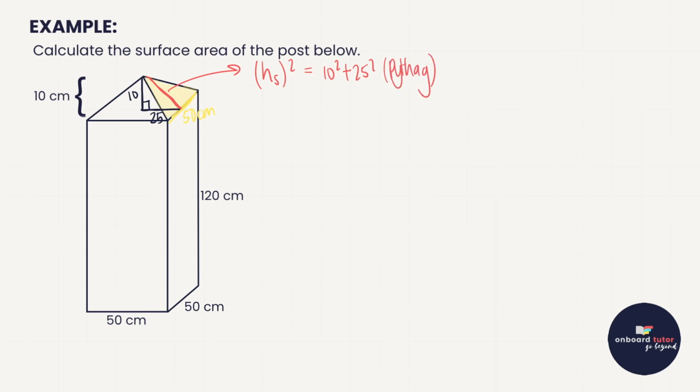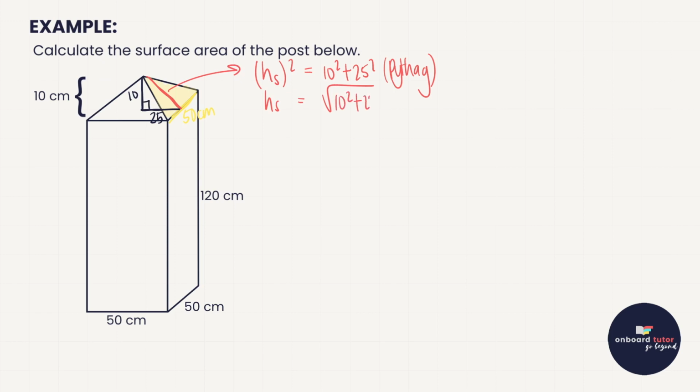So we've got a 10 centimeter side, which is easy to see. This 25 centimeter side, we just needed to think a little bit because the whole base would be the full square, but because we've dropped the perpendicular down to the middle, we're only taking half of the length of that square there. Okay, so then to get the slant height, we are going to square root whatever we get here,